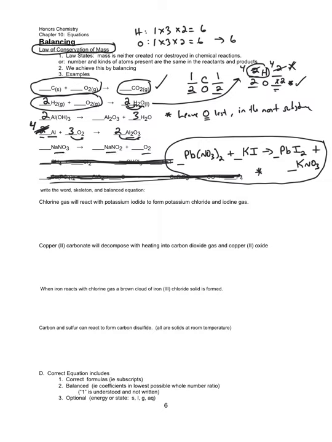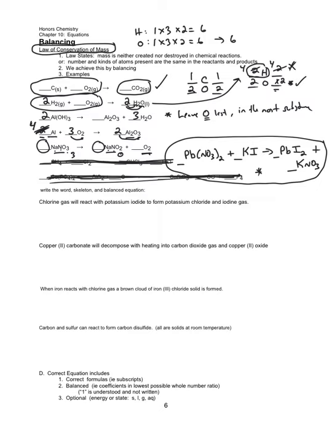The last one, leave oxygen last, because oxygen is in the most substances. So 1 sodium, we're balanced. 1 nitrogen, we're balanced. 3 oxygens, 2 and 2. Now here's a trick that students that balance a lot will understand. I don't like putting a number out in front of here because that's going to change everything else. The key is to change the number out in front of the O2. By balancing the oxygens with the O2, I'm able to theoretically balance the reaction without changing the sodium and